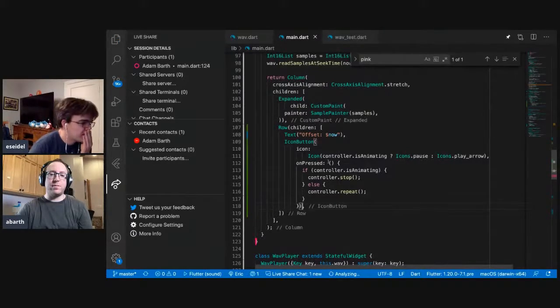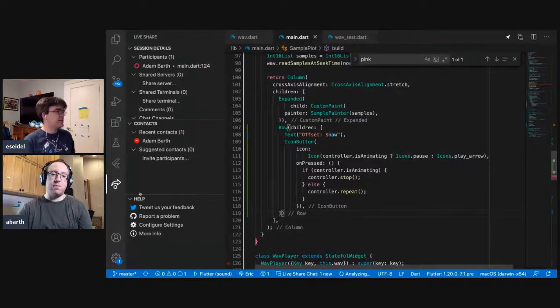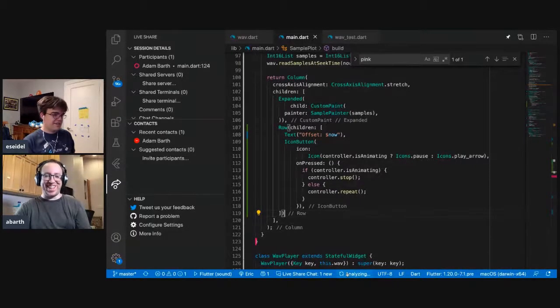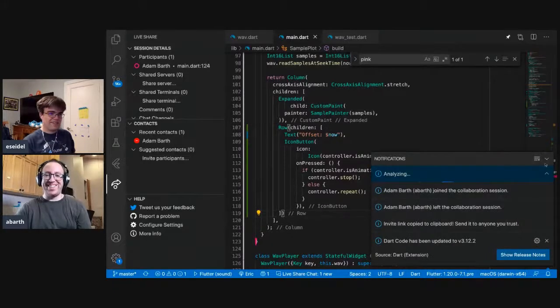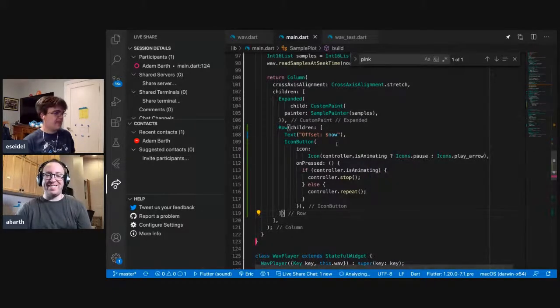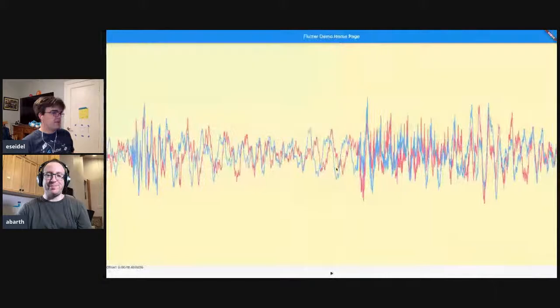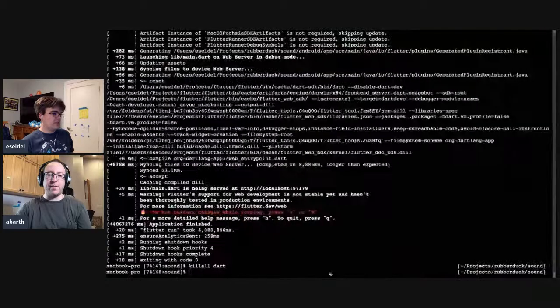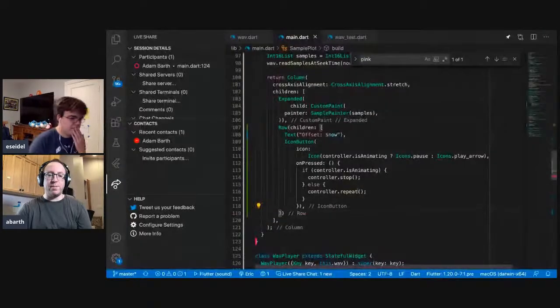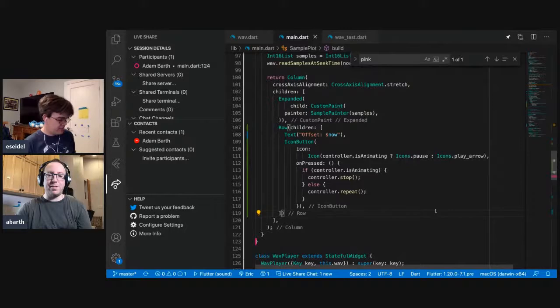Okay, so that closes row, that closes... I mean, is it yelling at us? Let's see. Seems happy enough. I guess we turned off the analyzer, so that's one way to stop it from yelling at us. It's analyzing. It's doing its thing. Let's see if it reloaded. Whoa, we're down here. Is that what we'd expect? I think we're still in stack. It hasn't reloaded because it's still analyzing and whatnot.